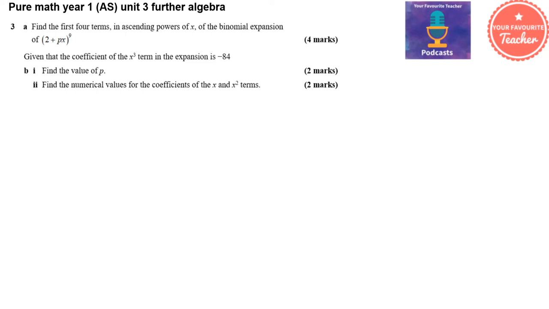We're going to continue our solutions to the Unit 3 Further Algebra for Pure Math AS1. So question 3 starts: find the first four terms in ascending powers of x of the binomial expansion of (2 plus px) to the power 9. So firstly, we set up our expression for expansion. Our expression, because it's going to be to the power 9, is going to be